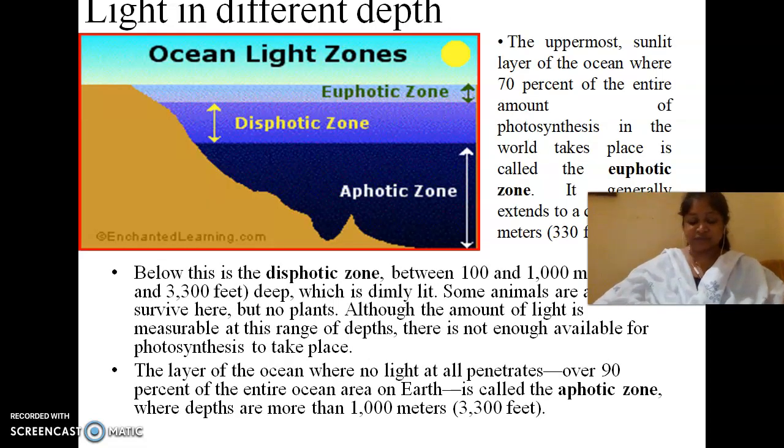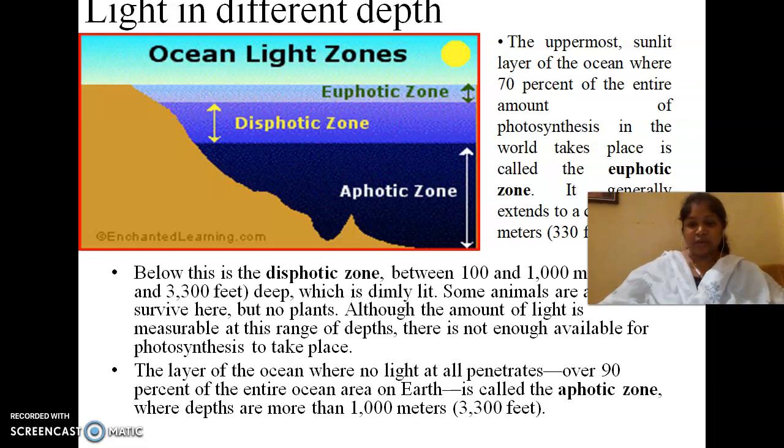Next I will discuss how the sunlight varies in the ocean from top to bottom. First of all, what happens? The sunlight doesn't penetrate greater than 1000 meters. Up to a certain depth, like 100 meters, most of the light is absorbed, and after that only a few could travel beyond 100 meters. Then after 1000 meters, there will be no light.